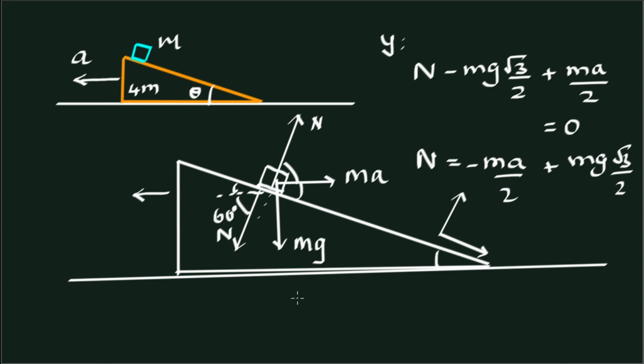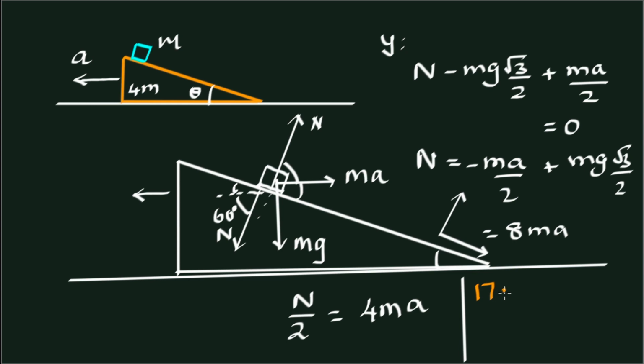So N cos 60 degrees, which is N by 2, is equal to mass of the wedge times its acceleration A. So we get N is equal to 8 ma. So let's equate it here. N is equal to 8 ma. I have 8 ma plus ma by 2, that is 17 ma by 2, is equal to mg root 3